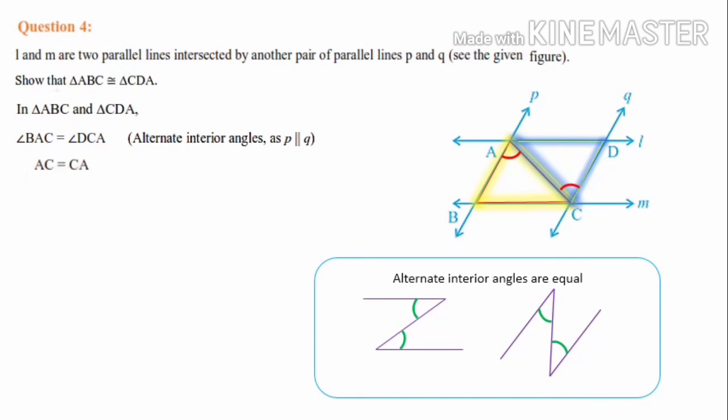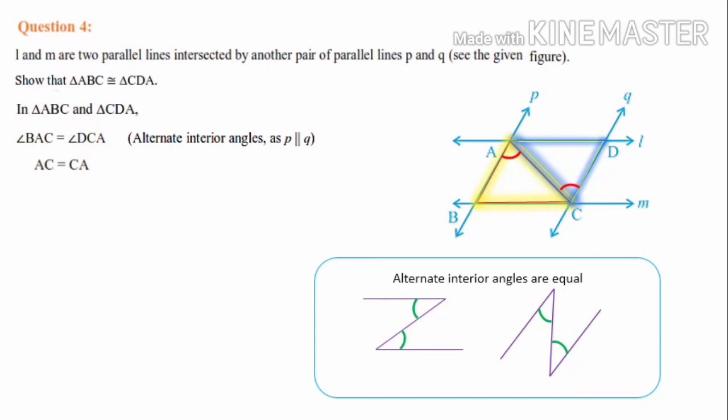Then AC is equal to AC. Here you can see AC is common for both the triangles. But when you look at the congruency statement, here A is the first alphabet, C is the second alphabet, but here C is first, A is second. So in the second triangle's side, you have to write it as CA. Then only the order will be correct.